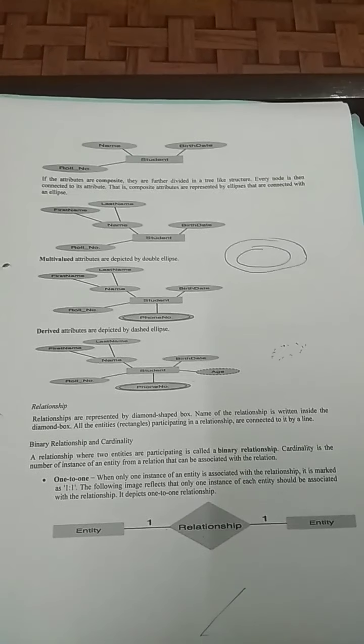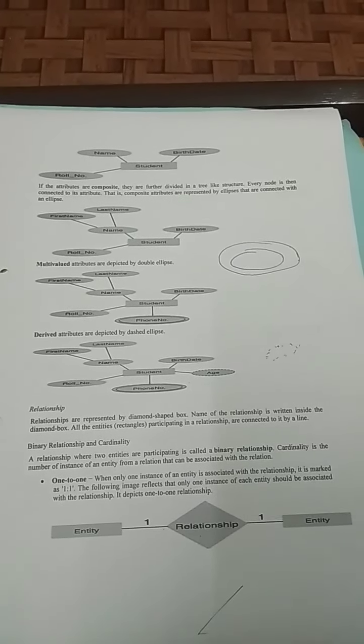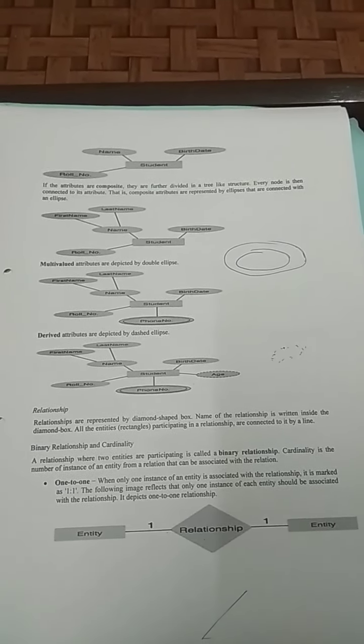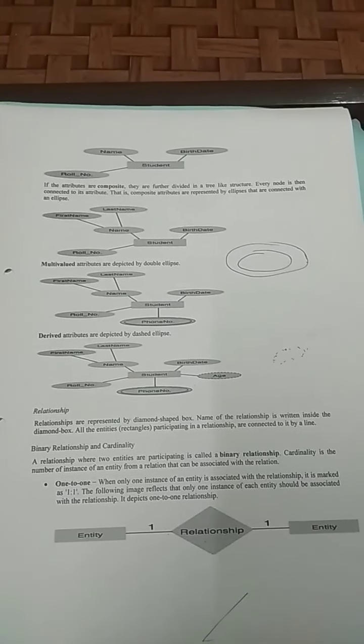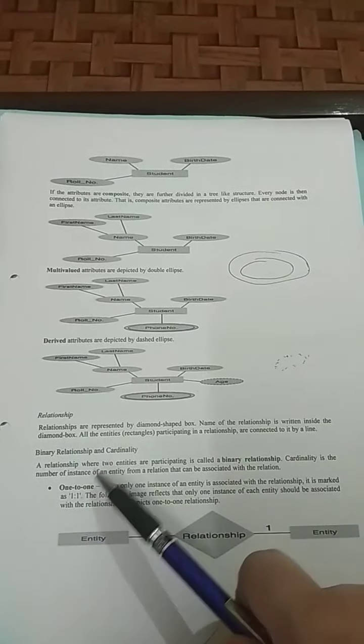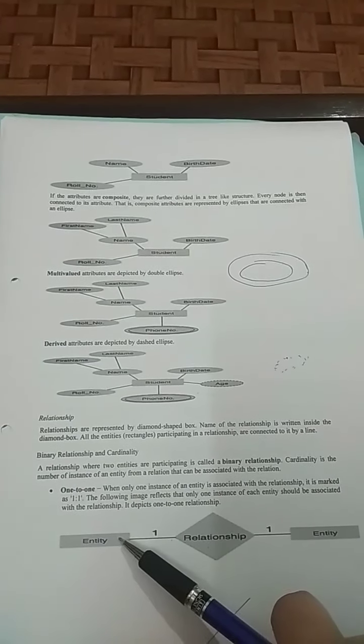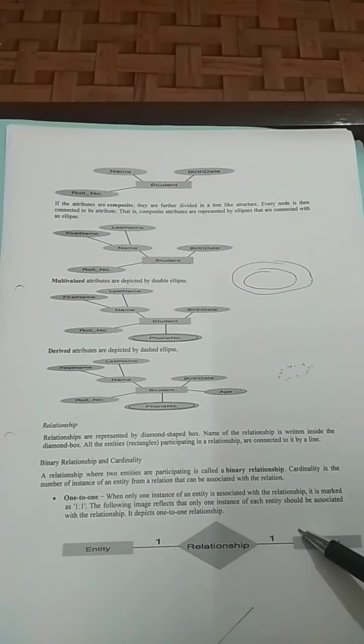Now we enter Sham. So this is another instance of that state of the schema. So basically these are the instances of an entity, from a relation, that can be associated with the relation. There can be one-to-one cardinality, like there exists one entity to one entity. So this is the